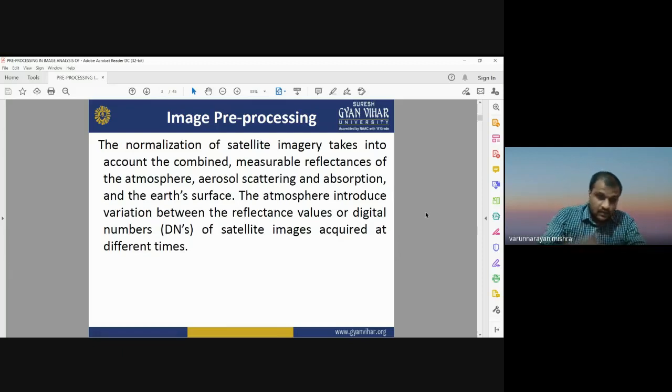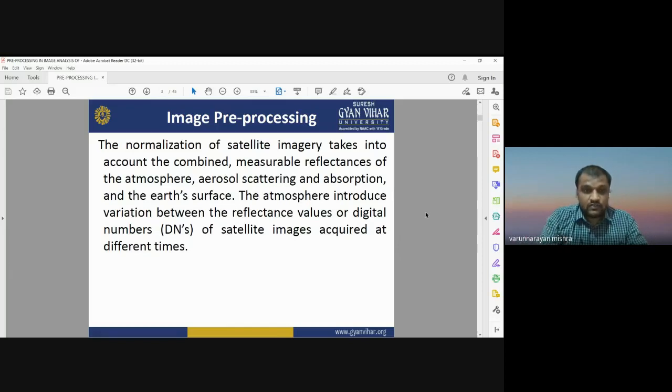So for overcoming the variation in the reflectance value of multi-date satellite images, we need to perform normalization. Normalization is performed to get the normalized value for all the images. For that, we need to perform atmospheric correction. Atmospheric correction is important to reduce the effects of scattering or absorption that occur in the upper atmosphere. It is an important component of satellite image processing when we use satellite images for urban growth mapping, urban growth modeling, urban growth analysis, or change detection.